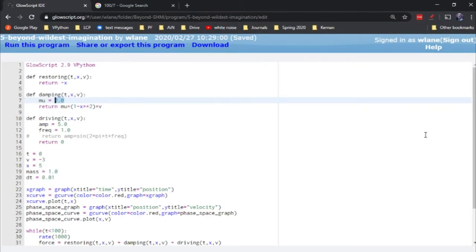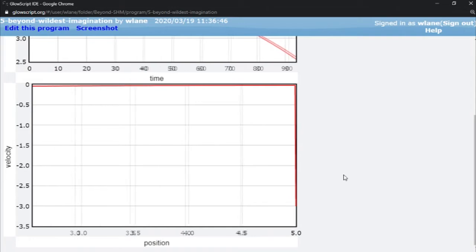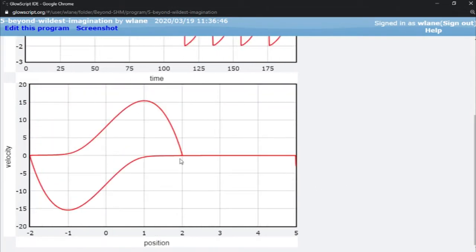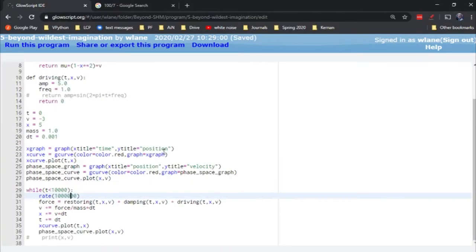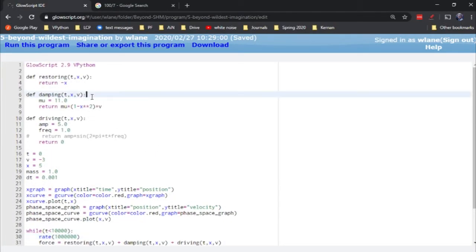Let's make it go farther. Let's go, you know what? Let's go all the way to 10. You know what? Let's go past 10 all the way to 11. Oh, and there we go. We get our duck back. Cool. So what I'm going to do now, just to end things here,